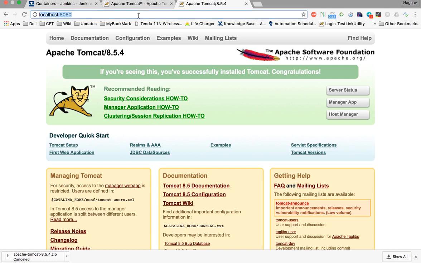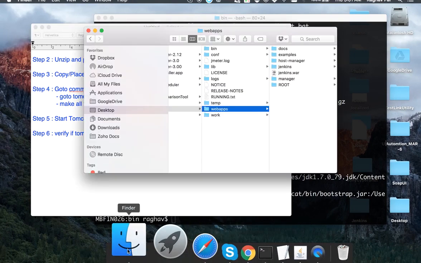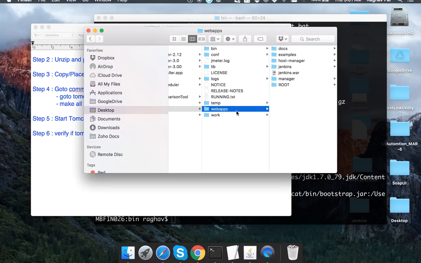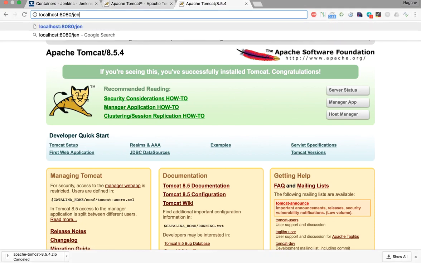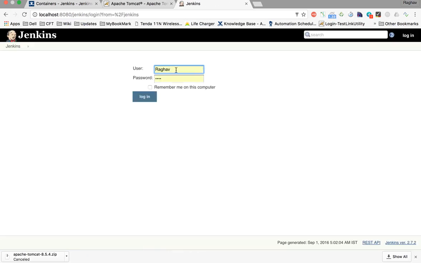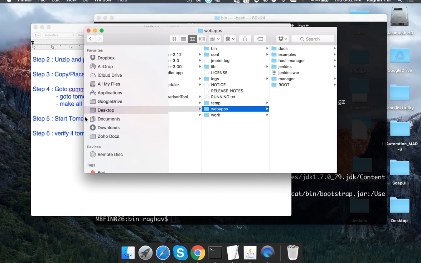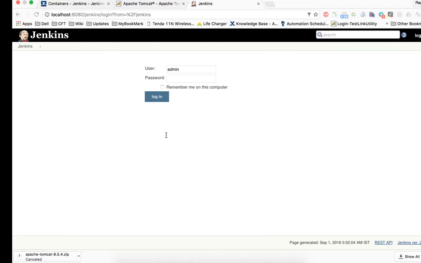Okay, but where is our Jenkins? We had put our Jenkins inside our webapps folder, right? We have Jenkins here, jenkins.war. So what I will do is I will say slash Jenkins, and it will ask me for the password. You remember in the last session we saved our admin password as well, so I have saved it here. I will just give this password